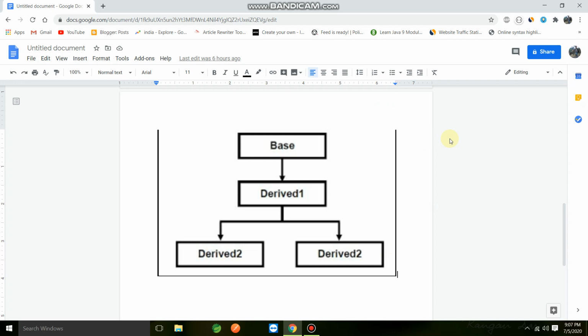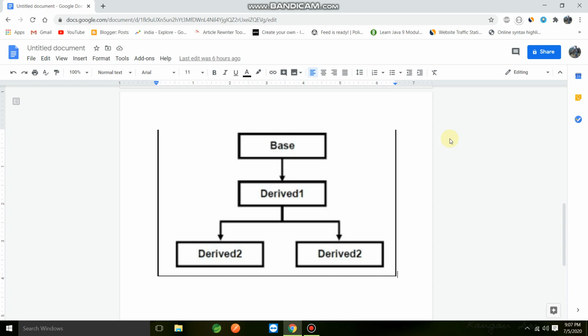Basically, hybrid inheritance is a combination of two or more inheritances. In real-world projects, most of the time we need to implement hybrid inheritance, because if you implement single or any other inheritance, it might be the case that your requirement will not be fulfilled.